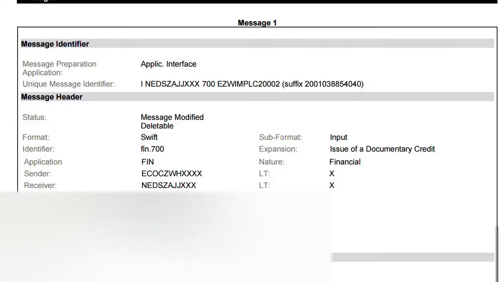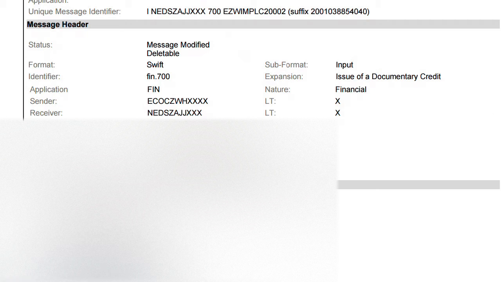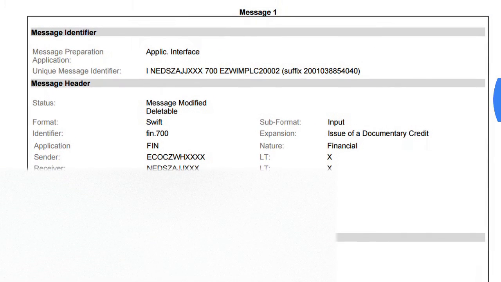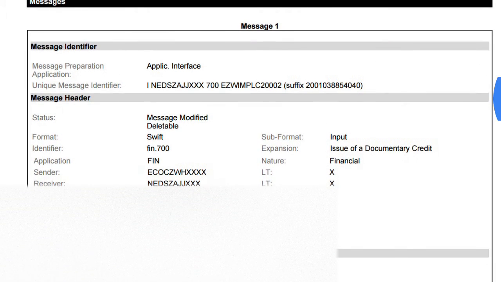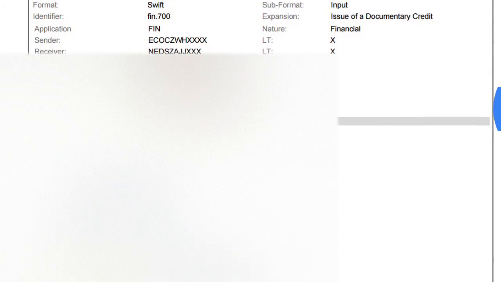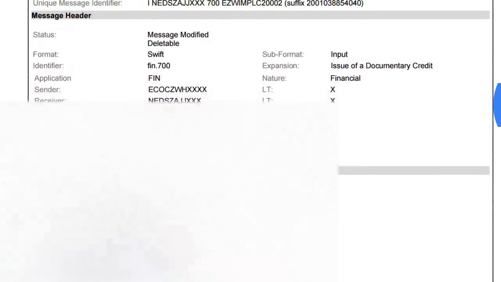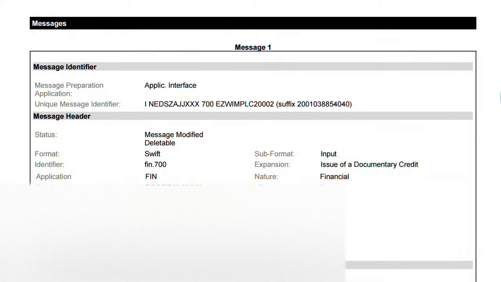Okay, so we know that the shipper and the buyer need to pay the shipper because he wants goods from the shipper. So here the applicant will be the buyer. This message is related to the bank, and if we start from here,